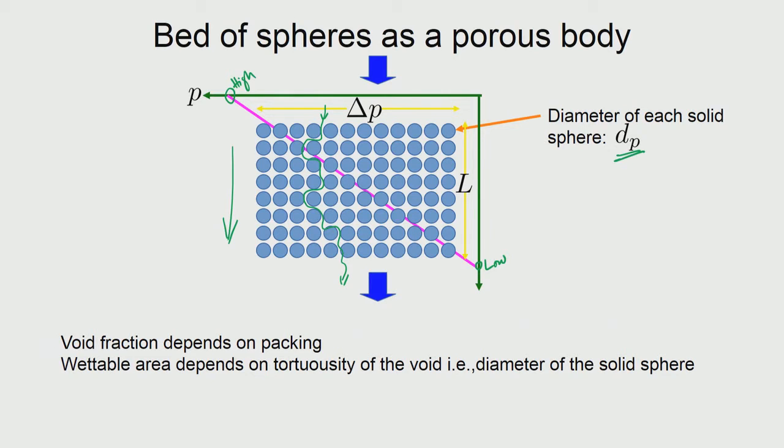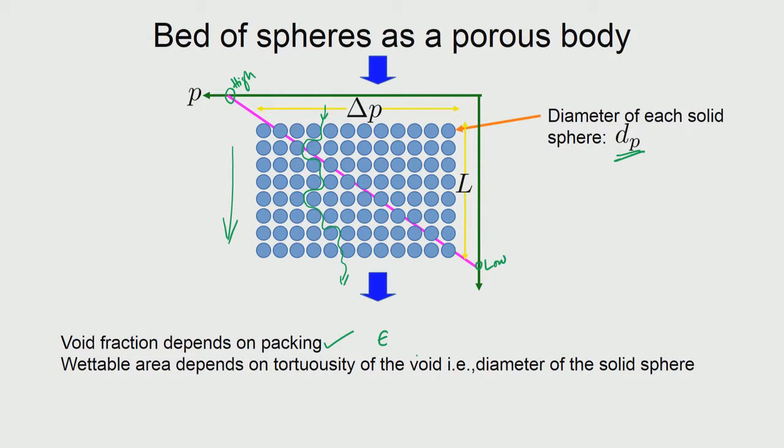So, if you have a distribution of sizes, then we are not yet able to handle that. And it is then also clear that the epsilon can still be varying because once you have got the particles, you can arrange them differently to get different void volume. Okay, so you can make them close packed, we get less volume, we get loosely packed, then we get more volume. So it's showing that epsilon can be independently controlled, though the particle diameter is already fixed.